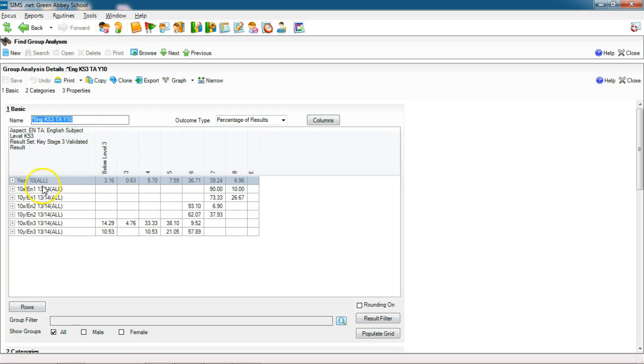There you go. So this one specifically is looking at English Key Stage 3 results. So you can always tell from this square here exactly what data is being analysed. So this is telling us that it's the English teacher assessment for Key Stage 3 in a result set called Key Stage 3 Validated Results. And these are the year 10 classes. So I suppose